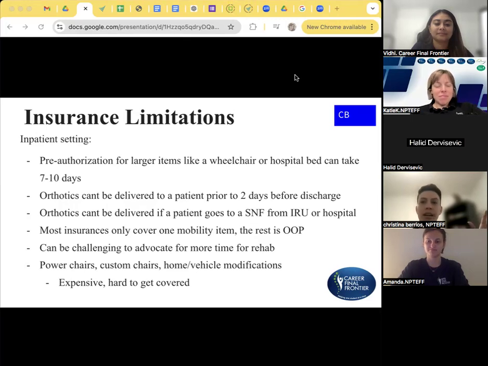So insurance is great. It has its ups, and there are definitely some things that need to be changed, which is why you guys need to be involved in advocacy and do what you can to advocate for your profession and for your patients. Because if you don't say anything to legislators, they are not going to change anything, and we're just going to keep talking into the wind and no one's going to hear us. So don't just treat patients, be involved as well when you get out there.